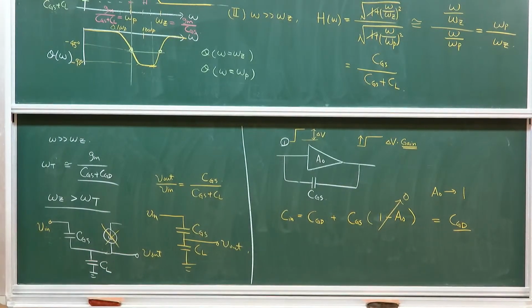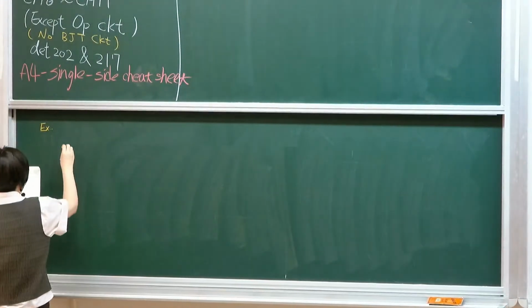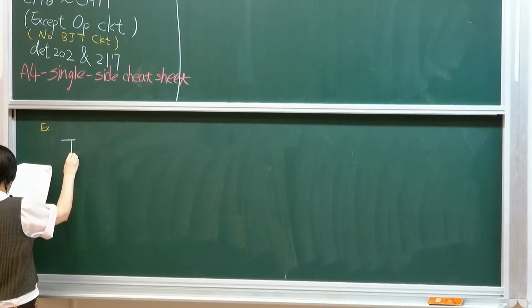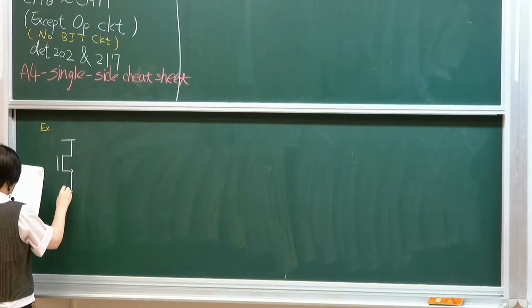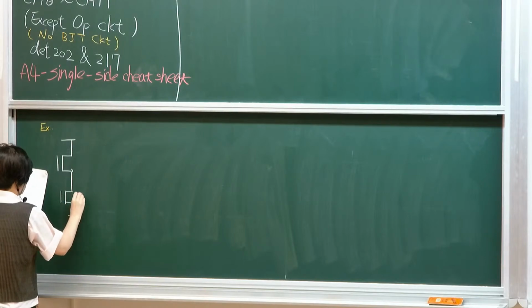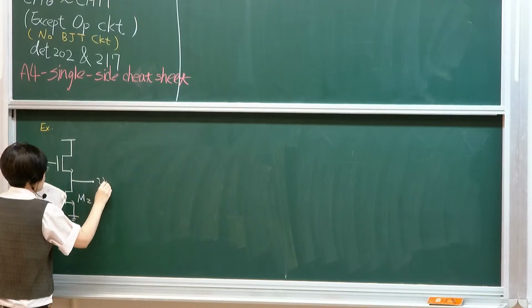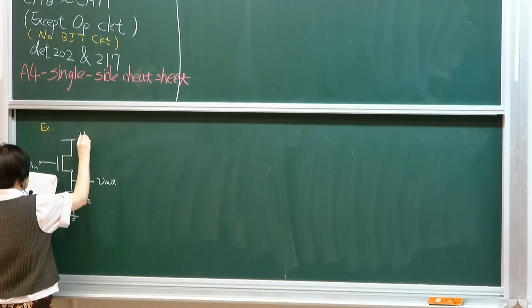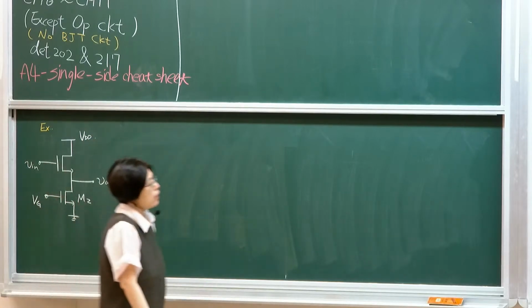Let's say I have a source follower circuit that looks something like this. This is more real. VG, input, VL. Okay? So my voltage gain in this case,